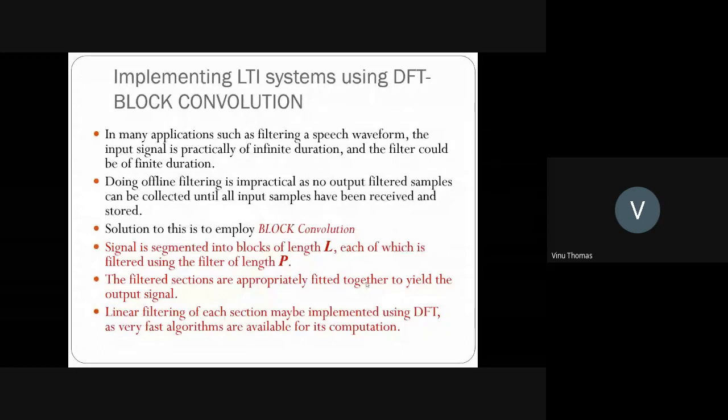You had an equivalent DTFT theorem, called the convolution theorem: if you linearly convolve two sequences, then in the frequency domain it is equivalent to multiplying the individual DTFTs of the two sequences. That is, if you have the sequences x1[n] and x2[n], then in the frequency domain it is just the product of X1(e^{jω}) and X2(e^{jω}).